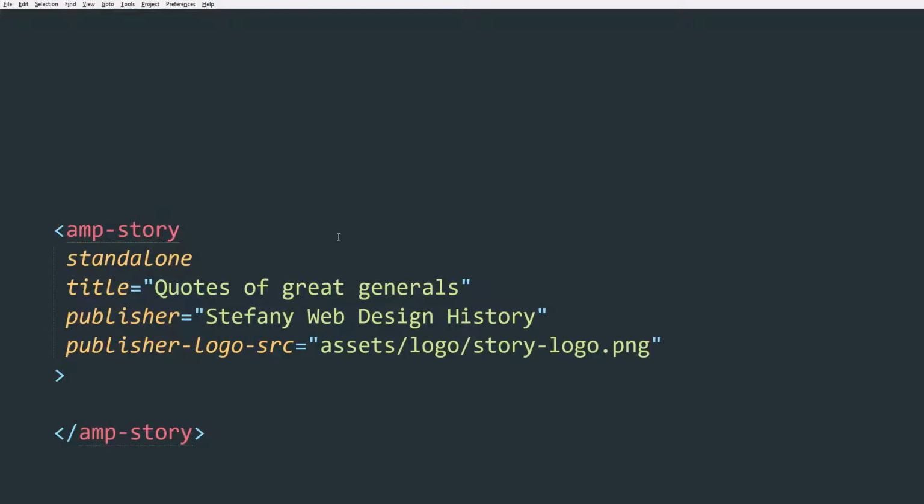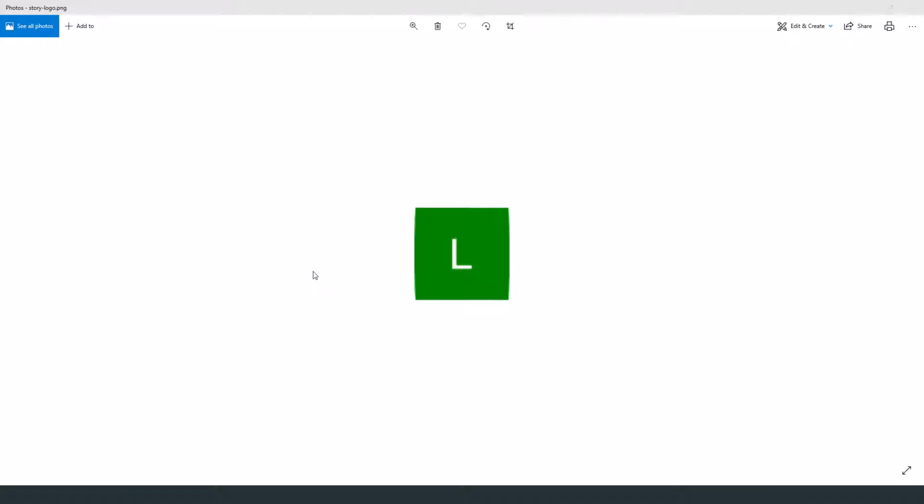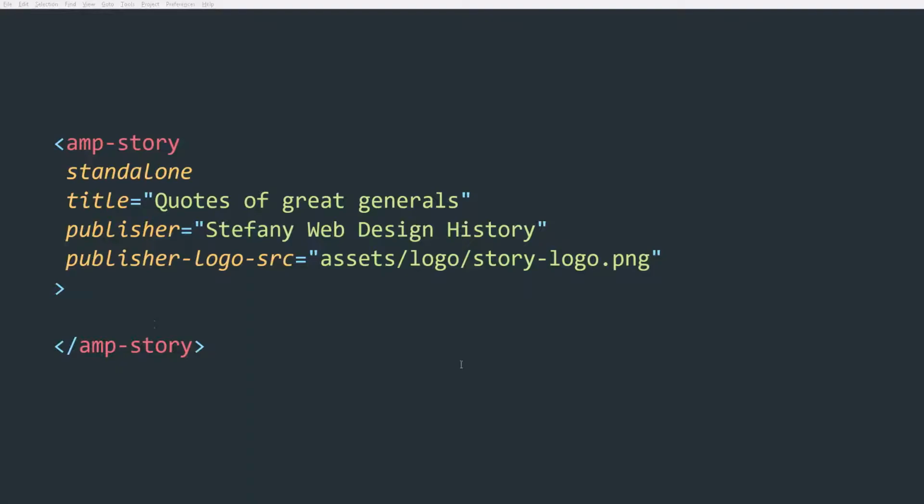So let me add my logo and let me show it to you guys. This is the logo I'm going to use for the AMP story, and it's square, it's 96 by 96. It could be larger than 96 by 96, but 96 by 96 is the mandatory minimum resolution, okay? And it must not be background transparent, which is very important because we're used to logos being background transparent, but you cannot do that if you want to include it in your story. And this logo is not going to appear anywhere in our story, but like I said, it will appear in the AMP ecosystem, for example, in search results or in the recommended links at the end of the story.